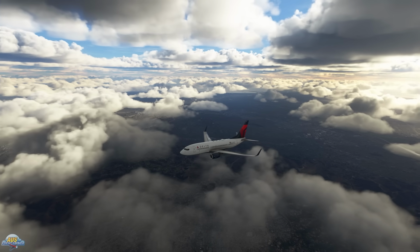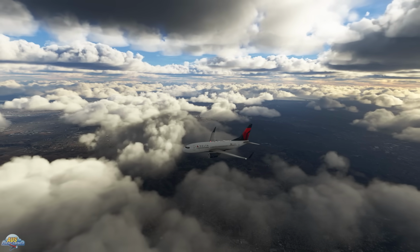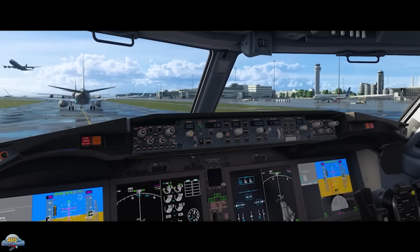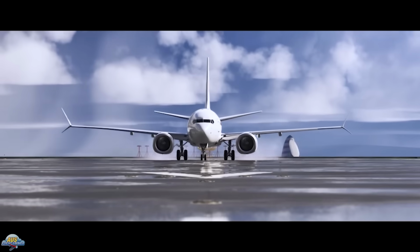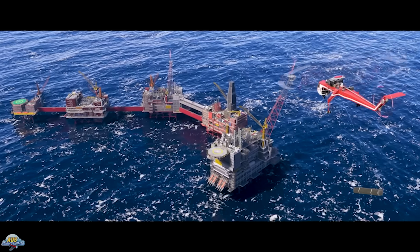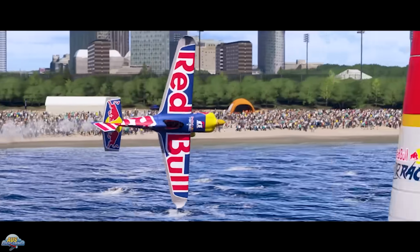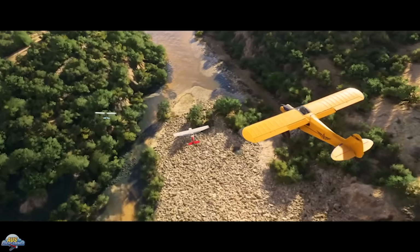We have heard rumors about this for many years, and the Microsoft team have finally confirmed that as of December this year, PlayStation 5 and PlayStation 5 Pro owners will have access to Microsoft Flight Simulator 2024. As of August 2024, the latest stats that I've been able to come up with, over 80 million PlayStation 5 consoles have been sold. That doesn't include PlayStation 5 Pro consoles, which really opens up another massive market for this next-gen flight sim. This new version of the sim will include free world updates and sim updates, as we currently see with the PC version and the Xbox version,